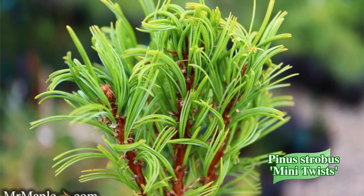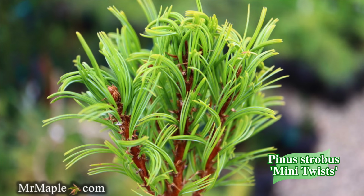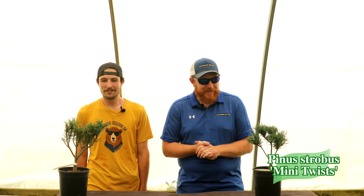Yeah, this was found as a chance seedling by Greg Williams, and Greg has introduced so many amazing plants. It's actually the tree that Quercus Greg's Variegated is named after as well. I didn't know that. And so he's got a lot of cool plants out there, but this is just such